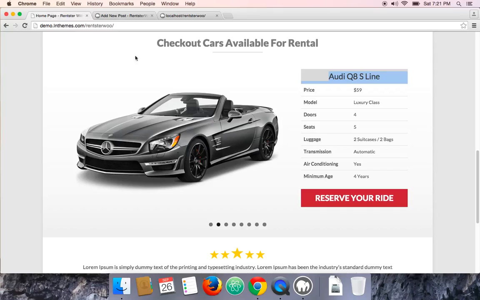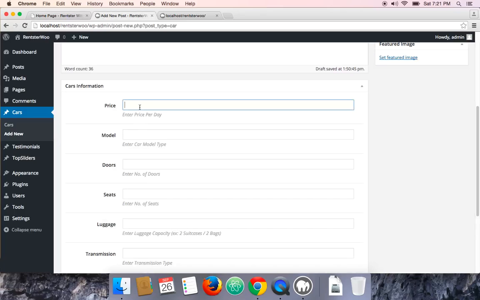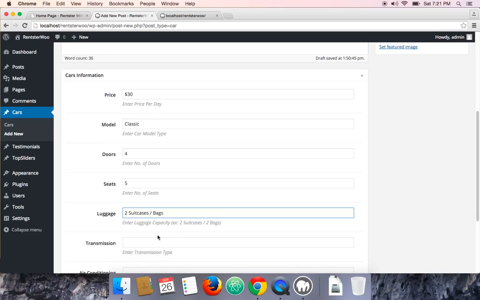These details are actually shown over here. As you can see, price, model, doors, seats, luggage, transmission, air conditioning, and minimum age. So we'll just quickly fill out all these details. For example, let's say $30 a day, model is classic, doors is 4, seats 5, luggage is 2 suitcases and bags, transmission is automatic.